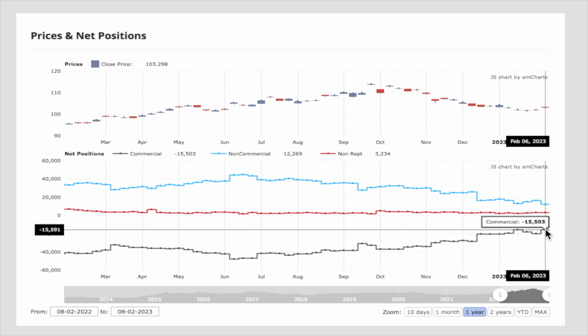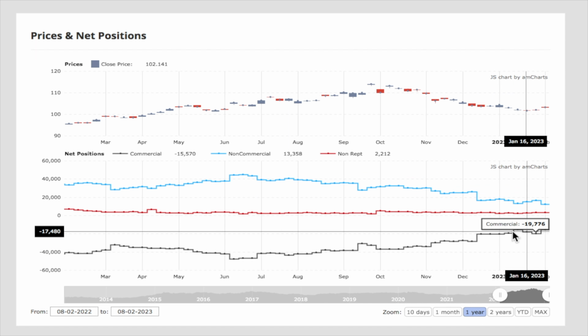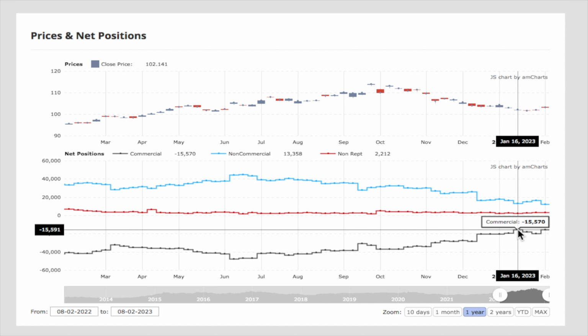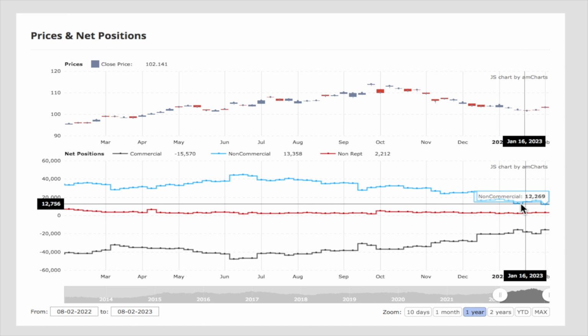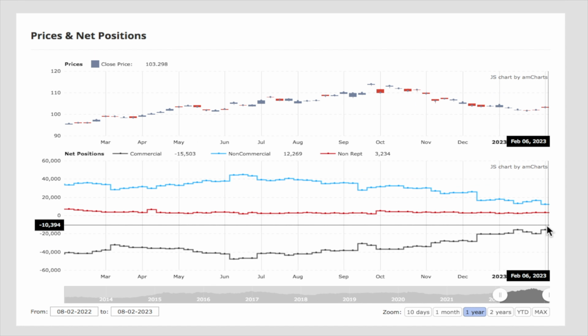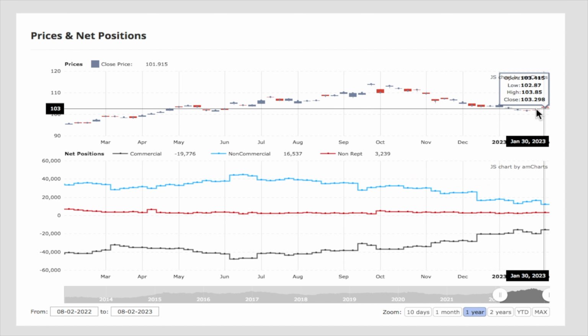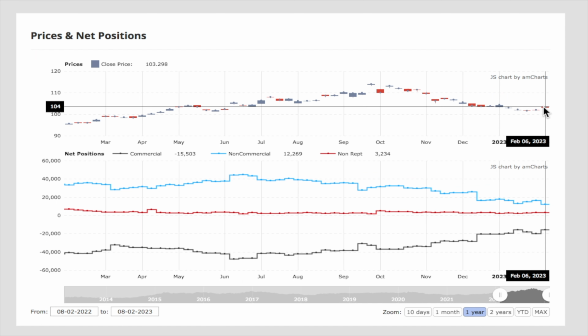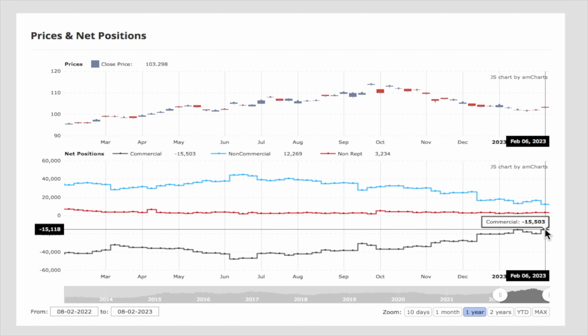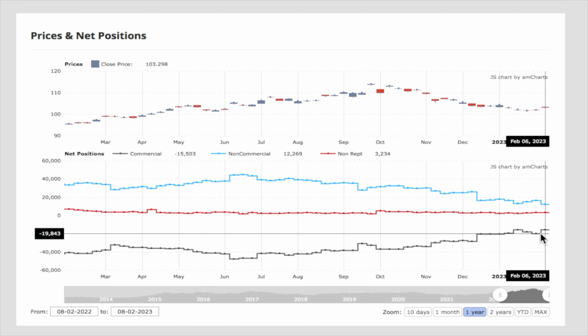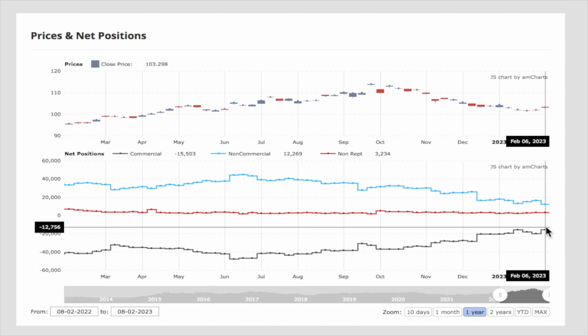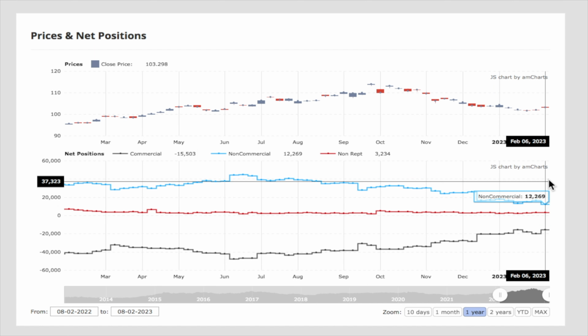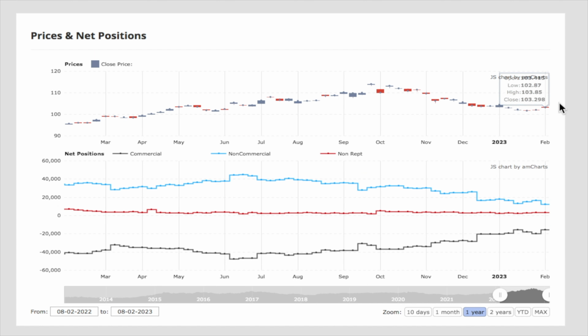Are commercials going to continue buying? If commercials are going to continue buying, they need to take out this 570, and large speculators need to take out 13.35.8 and continue pushing lower. But if it's not going to return and it's going to continue pushing higher, following the cycles and so on, then you want to see commercials take out and start purchasing, while large speculators will now start accumulating.